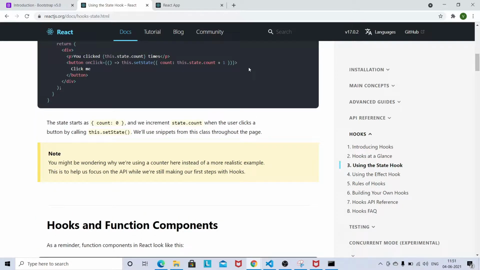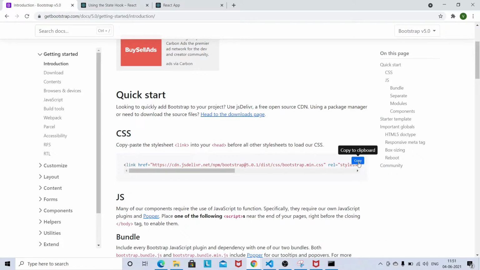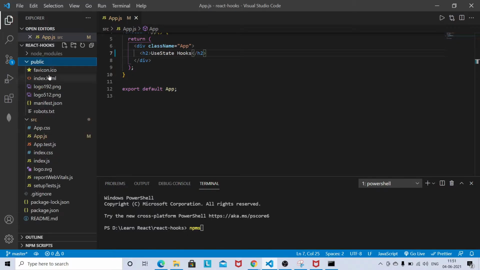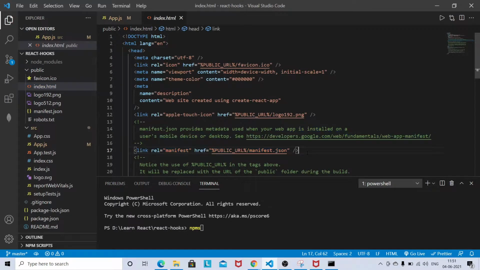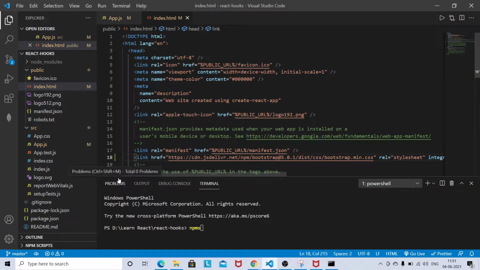Before moving forward to learn useState, you need to attach this CSS. This is Bootstrap 5, to have a nicer view. I don't want to write this CSS myself here, because it will eat some time. That's why I'm going with the Bootstrap classes. You have to add this Bootstrap in your index.html file.